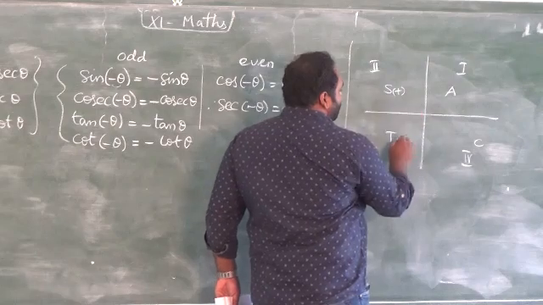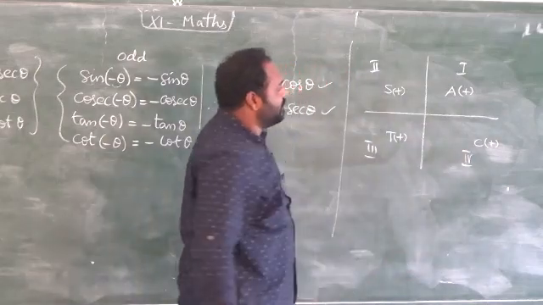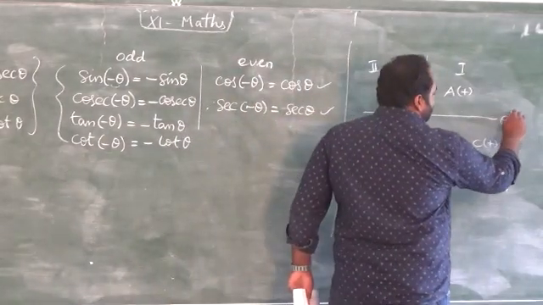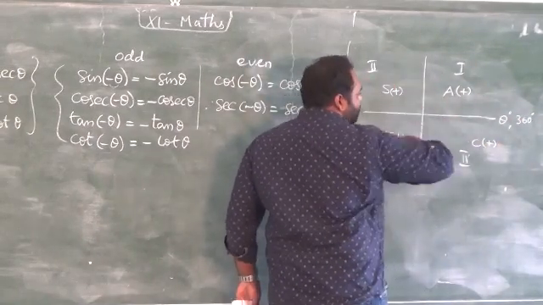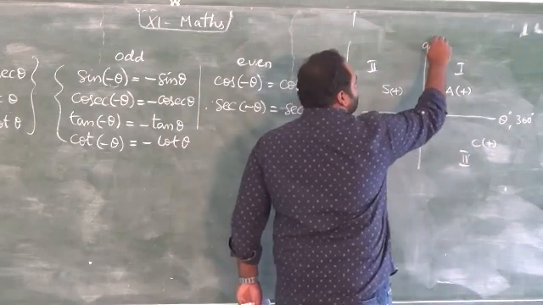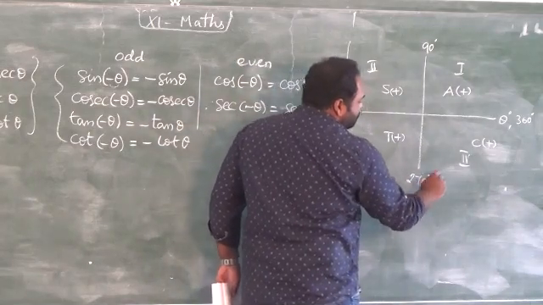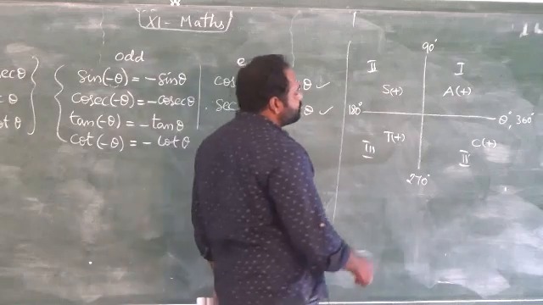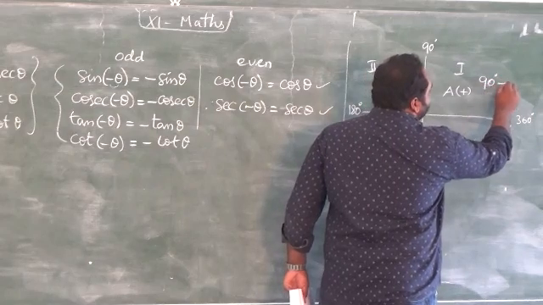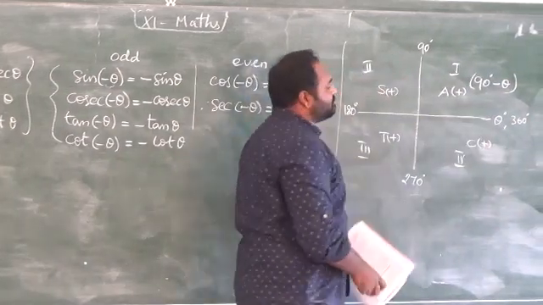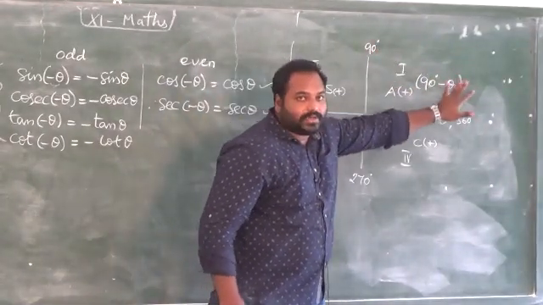Okay, this is positive, all others negative. This is positive, all others negative. Here all are positive. Okay, this we know very well. So here this is 0 degree to 360 degree. We have angles here. This is the complete rotation, 360. The first part is rotation 90, the second part 180 degree, the third part 270 degree. Okay, now we know that 90 degree minus theta occurs only below 90 degree.